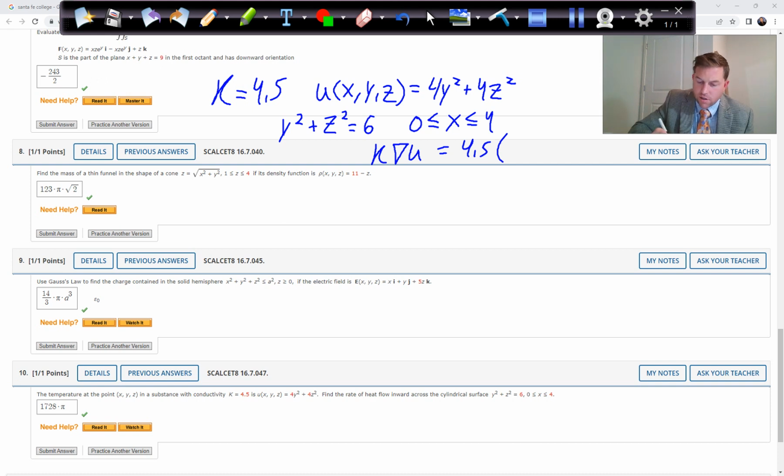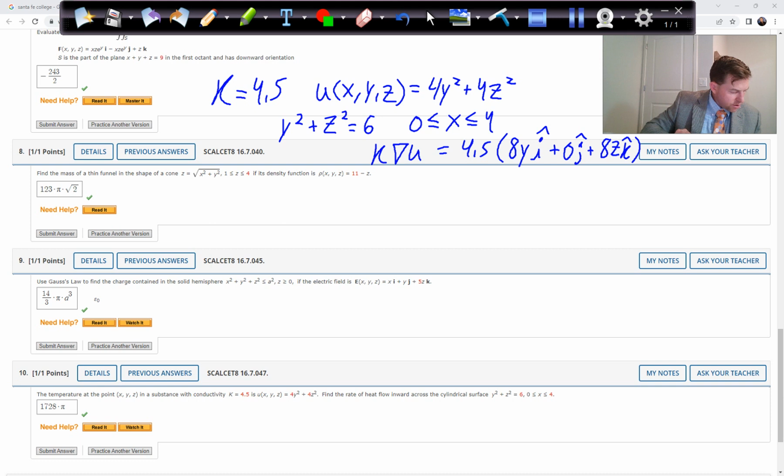So it's going to be 8y in the i direction. There is no x term, so it's 0j, and then it's going to be 8z in the k direction. So that's k times the gradient of u,